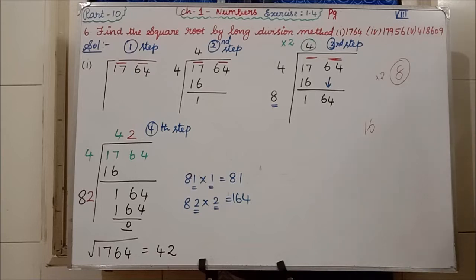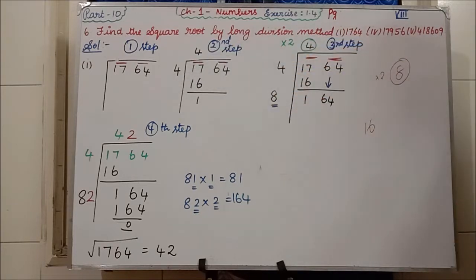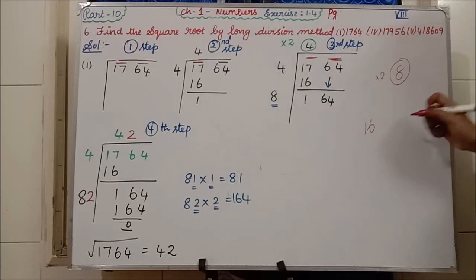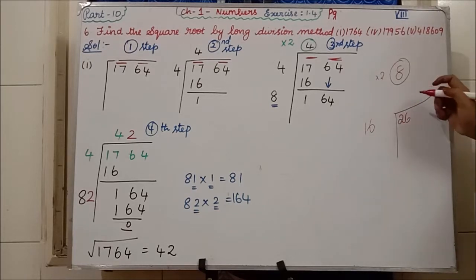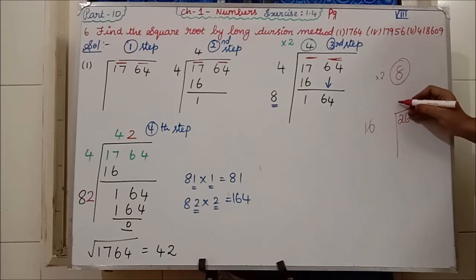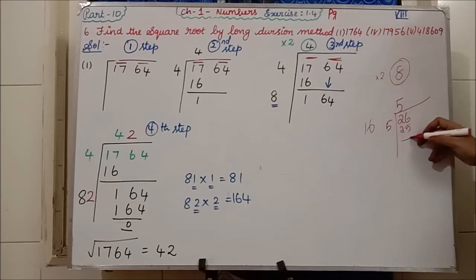Near to the number, you have to find the square numbers. Whatever number you write here, the same number you have to write here also. Suppose instead of 17, you have 26, I am giving an example. Then what number will you write here and here? Here you have to write 5, then here also you have to write 5. So 5 5s are 25.